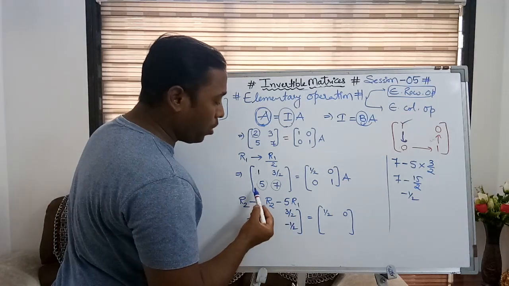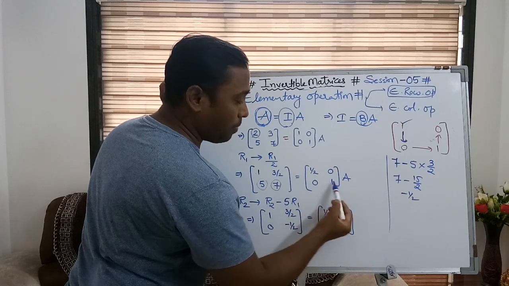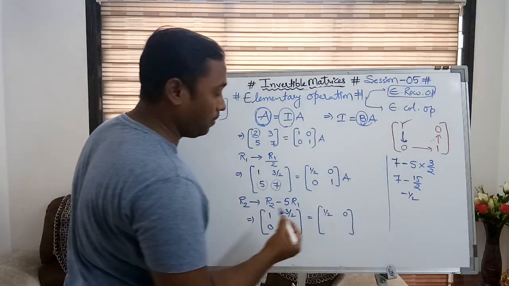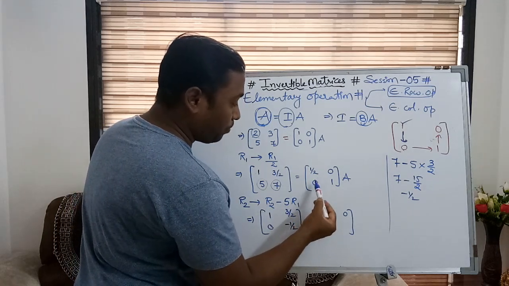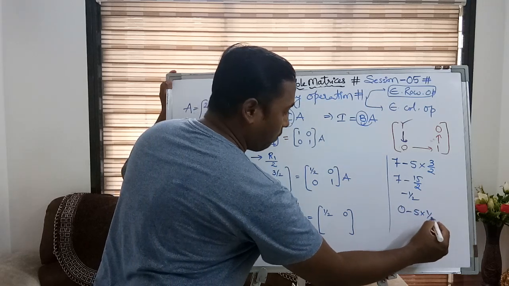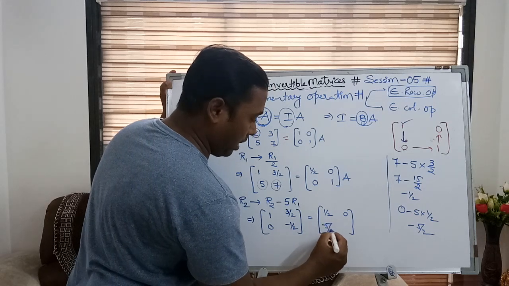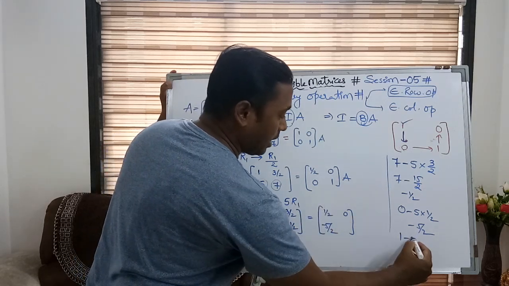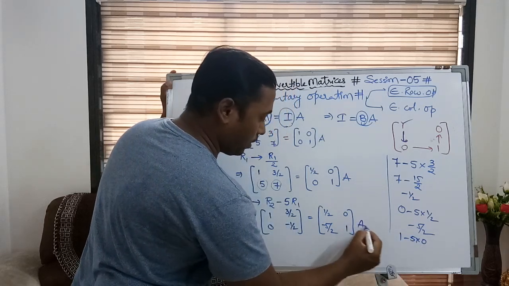So you just keep on doing the same modification in other two elements. यहाँ भी आपको change करना है, complete row change होना चाहिए दोनों matrices के अंदर with the help of same operation. तो 0 minus 5 times of 1 by 2, that is minus 5 by 2. It would be minus 5, 1, minus 5 times of 0, that is 1. So this is the result.